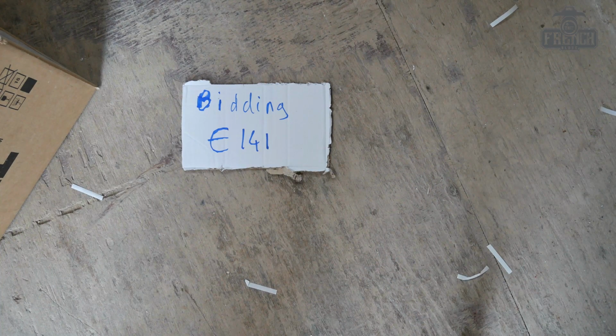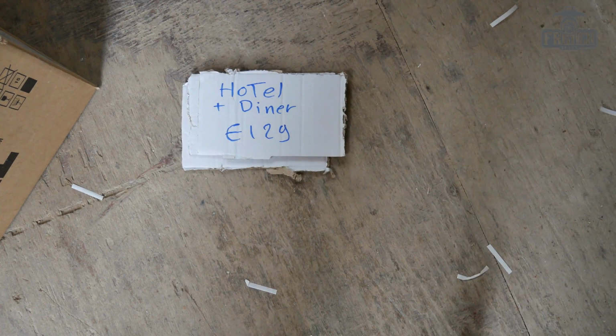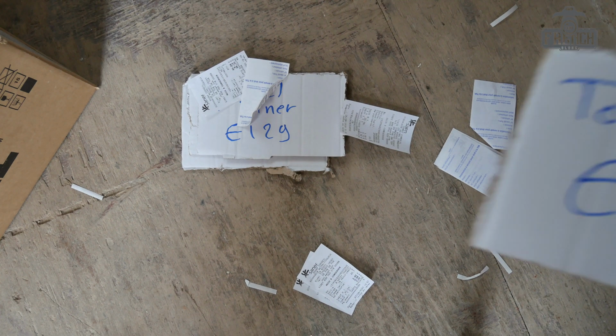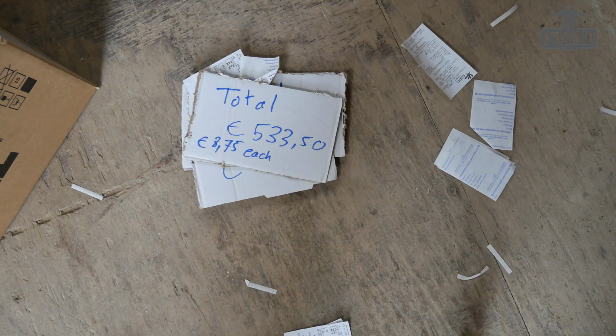Bidding was €141. This included all the fees and taxes. Then petrol. I averaged it at €150. Hotel and dinner cost me €129. I could have chosen a cheaper hotel, but I decided to go for something a bit more comfortable. I also had a very nice breakfast there. And then you have to account for tolls. Motorways in France are not free, and you pay even more with a van than you do with a car. So the total amount for tolls was €113.50,